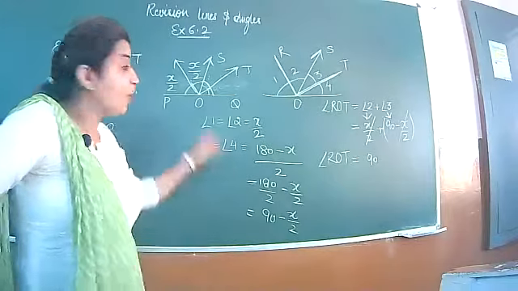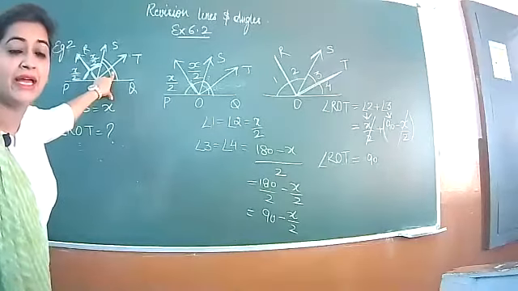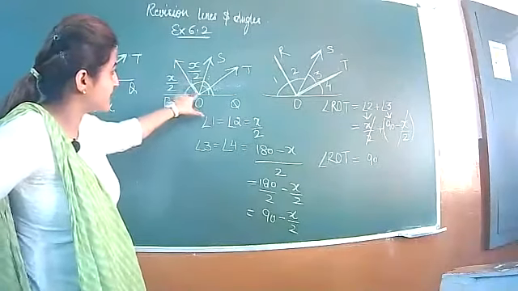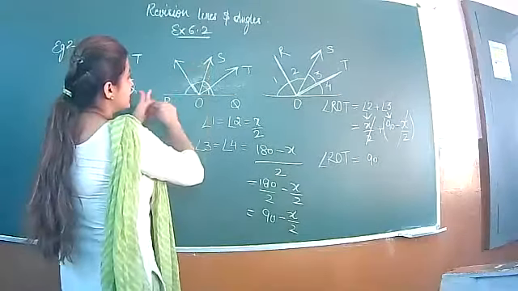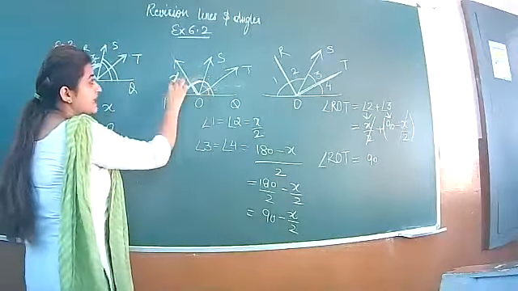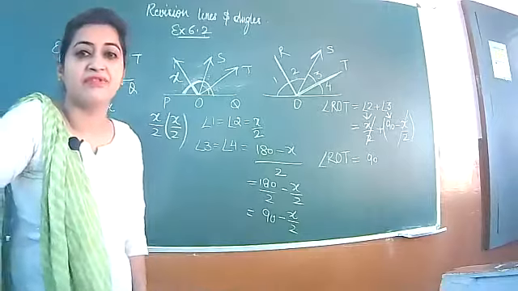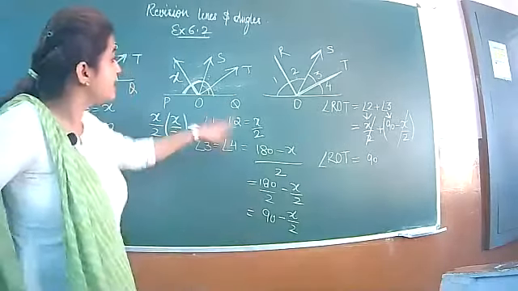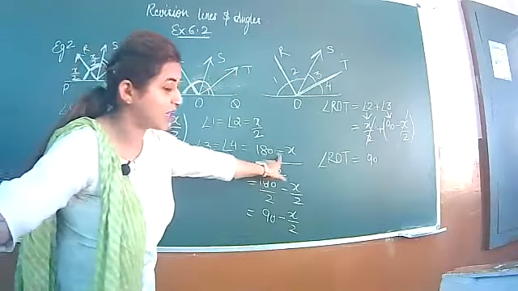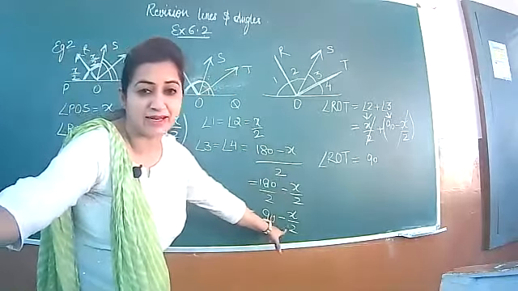What we were doing is, only one angle is given to you, that is x, and the remaining angle we have got by linear pair, that is 180 minus x. Then one ray is bisecting the angle x. This ray is bisecting this angle x. And when it bisects angle x, that will be x by 2, x by 2. As you know, a bisector divides the angle into two equal parts. In the same manner, OT is the bisector of this remaining angle, and the remaining angle is 180 minus x. So 3 and 4 will be given by making half of it, that is 90 minus x by 2.